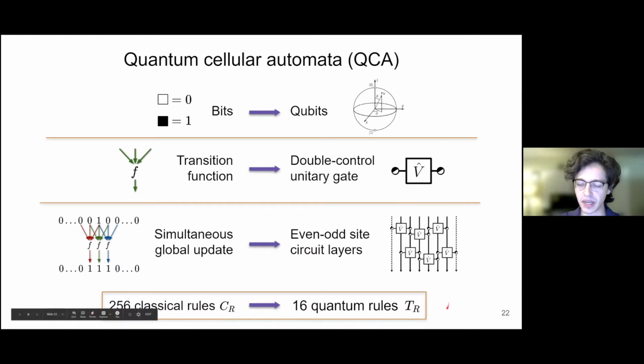The T reminds us that there are 3 qubits involved in the interaction: the center qubit, which is evolving, and the 2 neighbors, which will constrain that update. Later, I'll talk about the F rules for 5-site rules, and those will consider nearest neighbors as well as next nearest neighbors. And so we'll get to those a bit later.